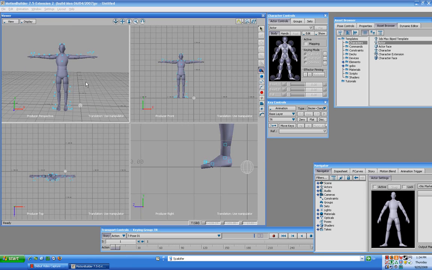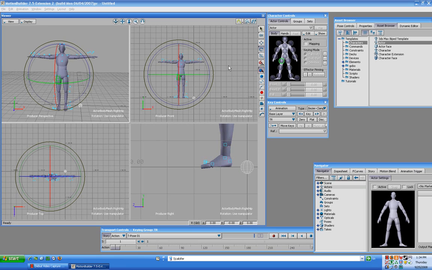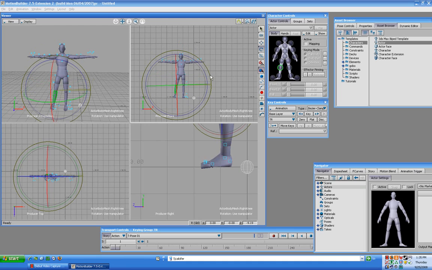Okay, so now what we need to do is continue to fine-tune our character so it's even better inside the dots. So you see it's close, but it's not perfect. So now we're going to use this little character control window here, and I'm going to select parts of the character. And I'm going to continue to use my manipulators here. In this case, I want to rotate. And you'll see that we get these nice rotating manipulators that I can rotate the legs out. And then you'll see that that rotates the whole leg. But as we go down the chain, we can rotate it back in a little bit so that it fits a little bit better inside the dots. We want to make sure not to